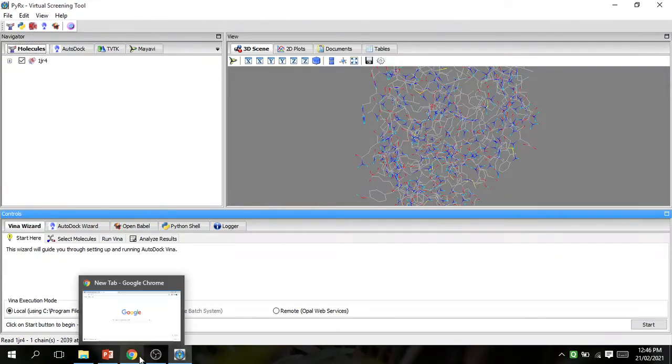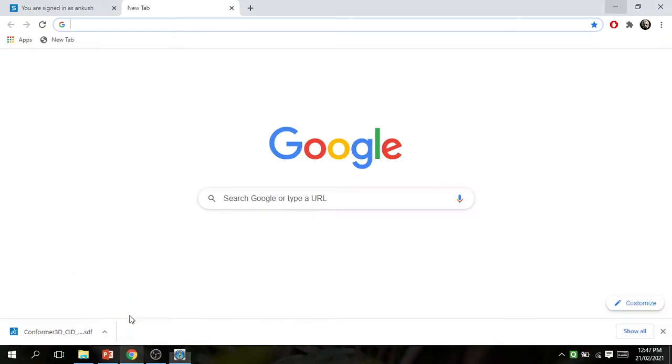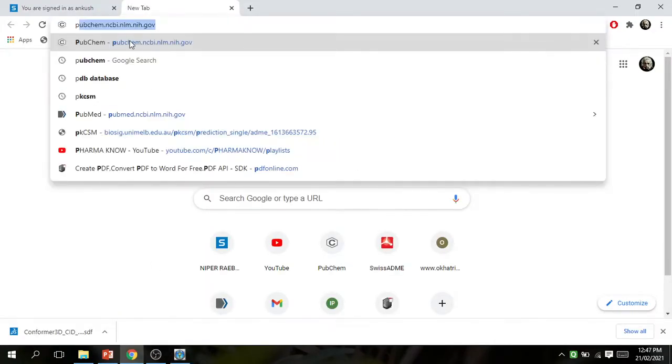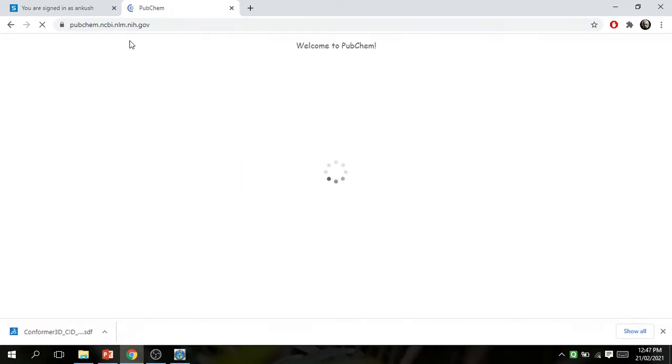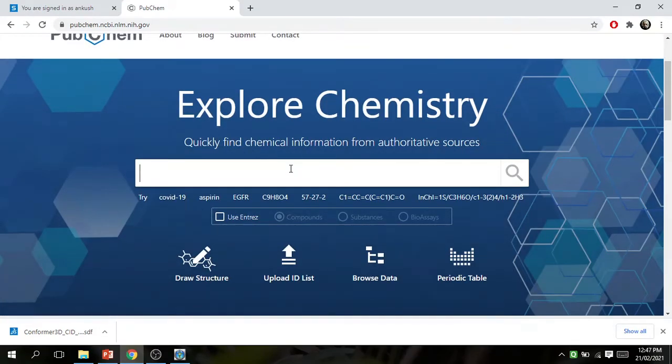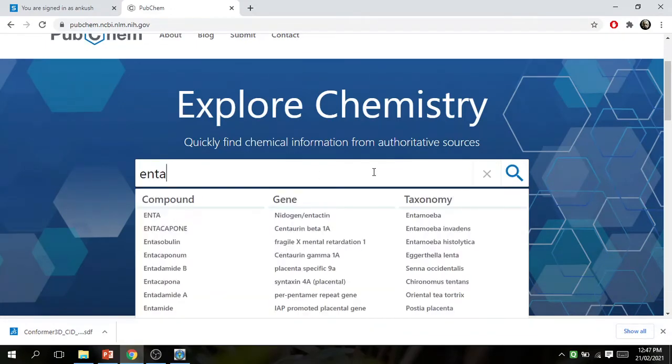For the other ligand, entacapone, go to Google and search PubChem. This is PubChem. You can search any ligand, any drug molecule, in this box. I select entacapone.